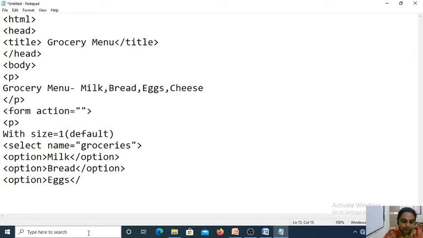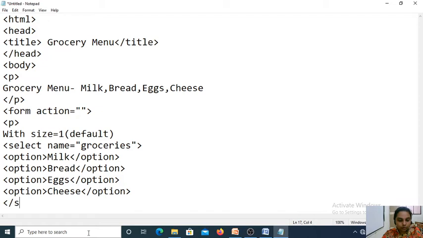Eggs, my third menu item. The last item, cheese. Okay, so my grocery menu is ready.